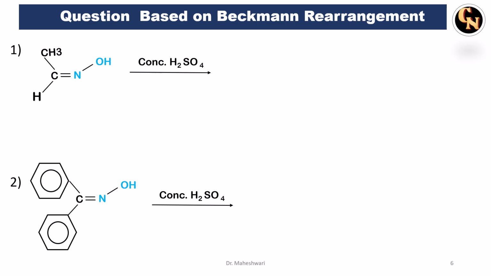Yes. Tell me, students, what is the starting material here? If you can see the starting material, it is an oxime, but it is an aldoxime because one of the groups is hydrogen. So it is an aldoxime. Okay students. Now tell me which of the groups is going to shift here? The group which is anti. Now here the group which is anti is your hydrogen. So hydrogen will shift and you are going to get a product, that is CH3 C double bond